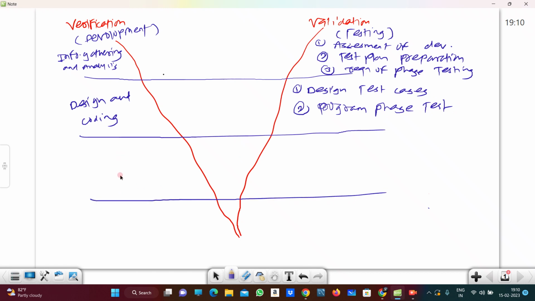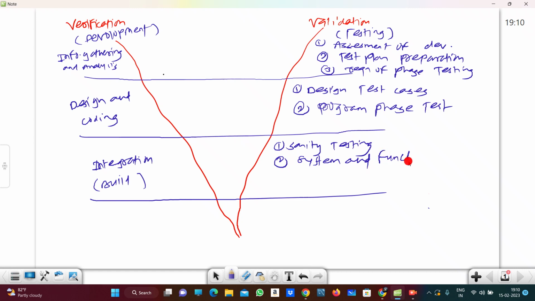and then after that we discuss the integration or build here, and here we discuss the sanity testing, then system and functional testing. Okay, so